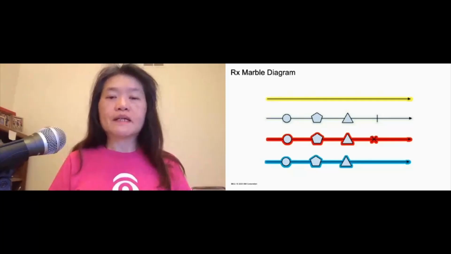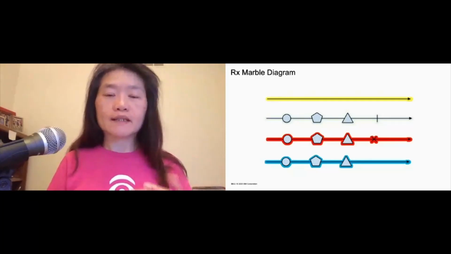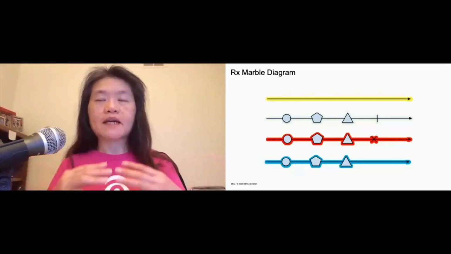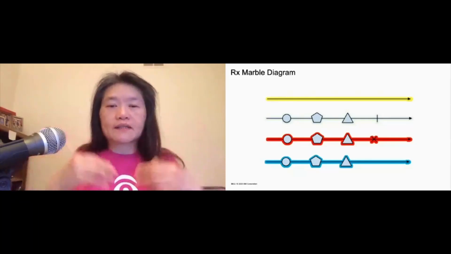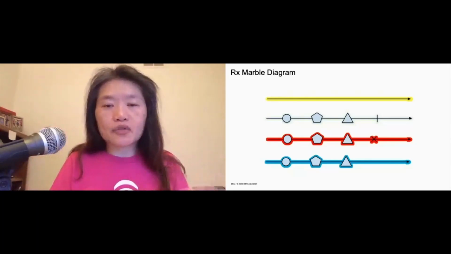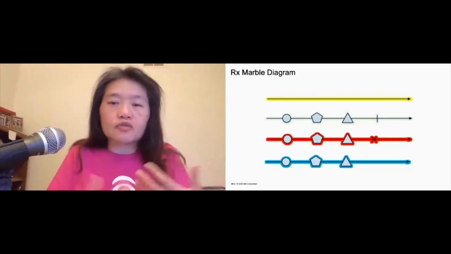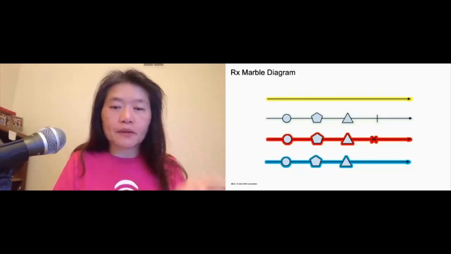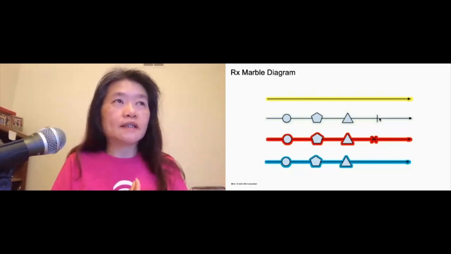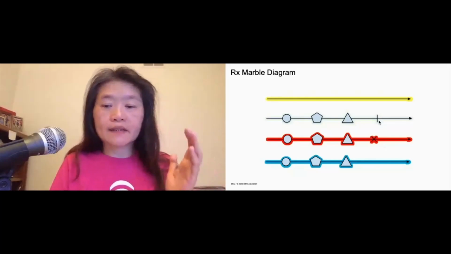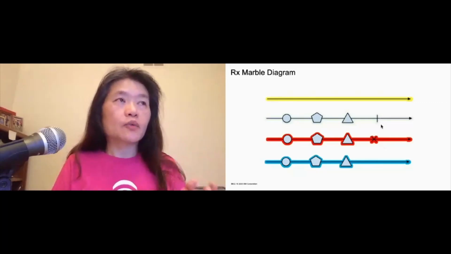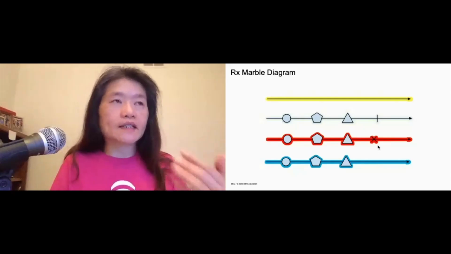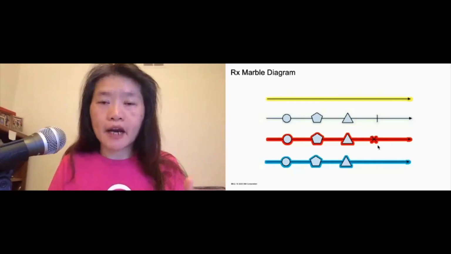It's describing reactive programming. Think of it like a stream. The top one is a stream. The stream travels in time. There's some time element, and it deals with events. The top one is a stream that's awaiting events, though no events happen. The second one has events, then a perpendicular line, which signifies the stream has terminated. And the third one has an X, which signifies an error event.